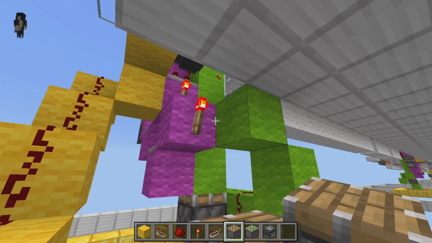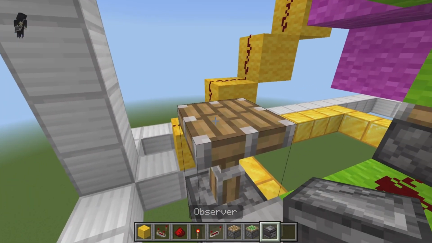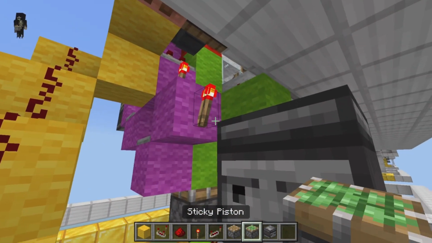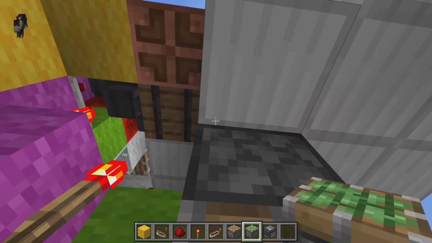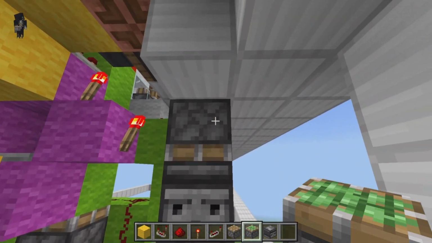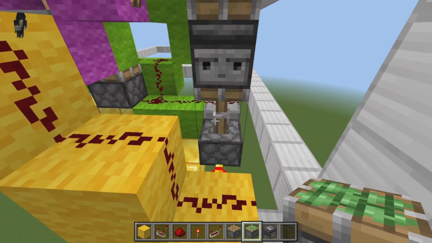Up here at this redstone torch right here, we're going to go ahead and place an observer just like this, put it up there with the red dot facing this direction. Then come over here to this redstone torch, and we're going to place a sticky piston right in front of it. But you want to make sure that you put this piston in first, make sure it's extended, and then make sure that that is retracted